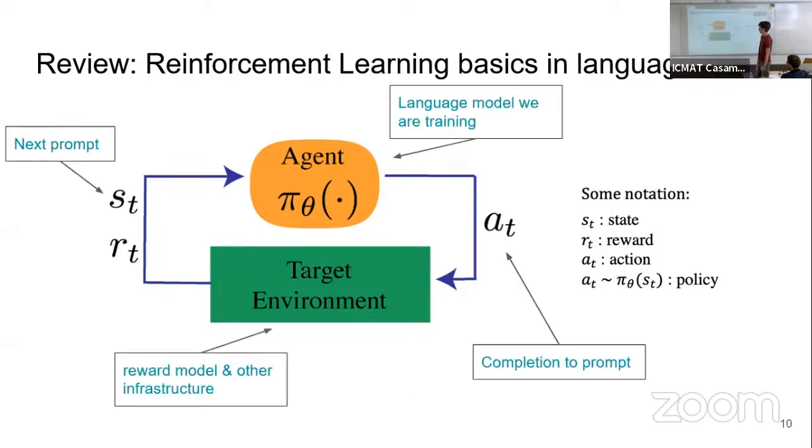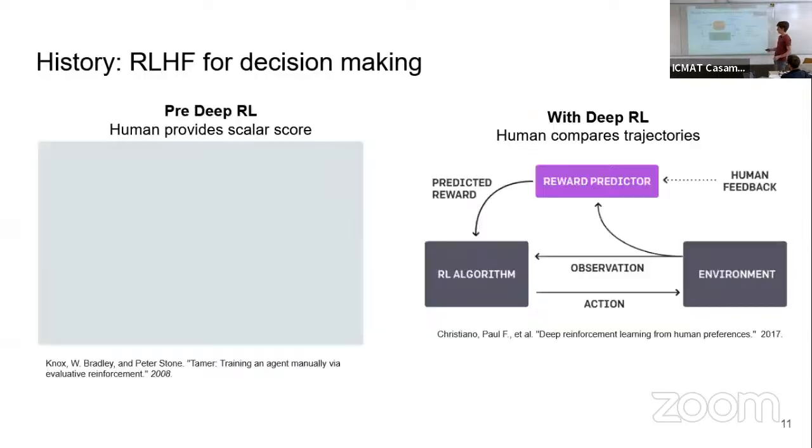That's very simple. So in the case of the application to large language models, the agent is going to be the LLM, which is of course a transformer-based model, like the ones we explained in the previous sessions. The action is going to be the completion to a prompt, like the response. This is going to be the reward. It's going to come from, well, first a human, but we are going to build a model for this. And then the state is just a prompt. For example, generate a movie review, and it is the actual review. And we want to check if the review is positive or negative, so I get the reward. So quite a simple setting.